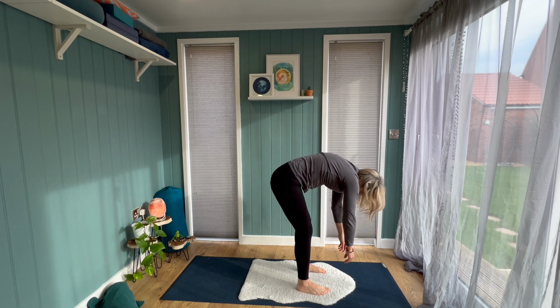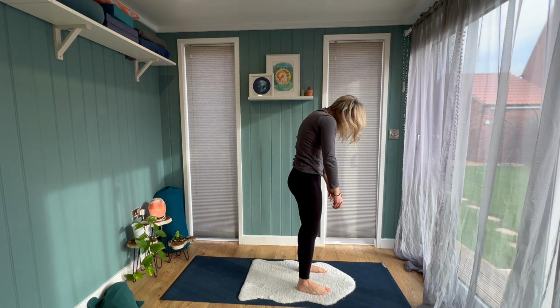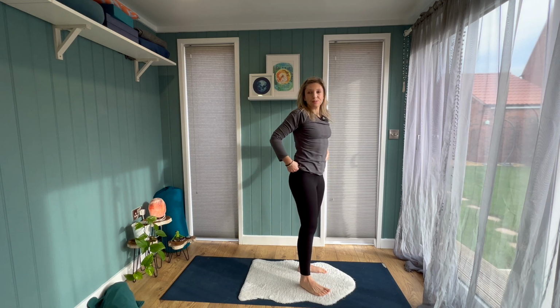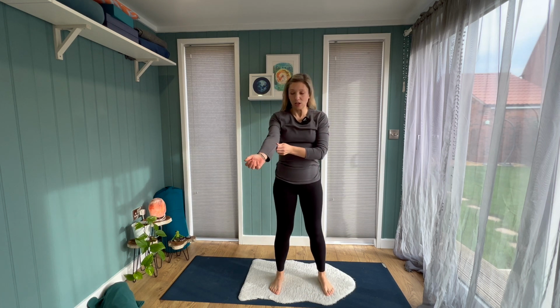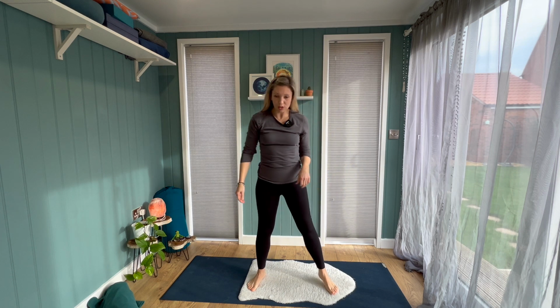And then, in good time, we'll start to roll up. No rush. Again, roll your shoulders when you get to the top. Adjust yourself. Okay. Once you get to standing, don't rush it, but when you're ready, we'll just take the feet a little